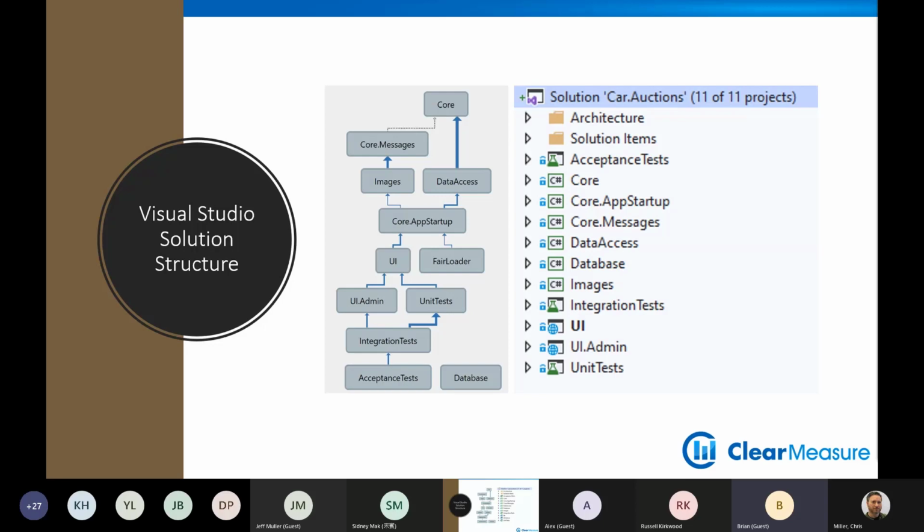ASP.NET even has authorization attributes where it has some support for that. In Blazor, we found it much more straightforward to have, say, a public application, in this instance called UI for user interface. And then for an admin application, which maybe only one or two people can get to those screens, just make another Blazor application, UI.admin.